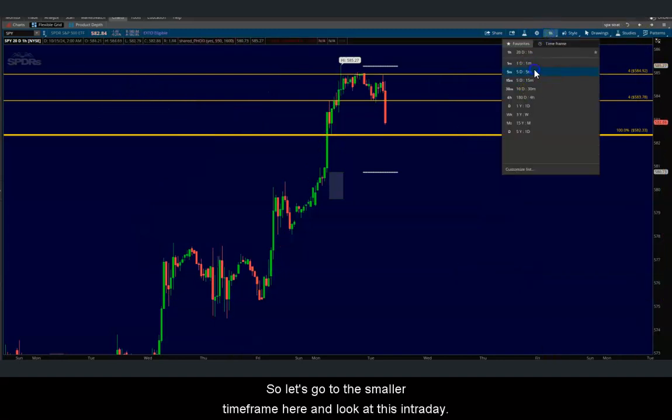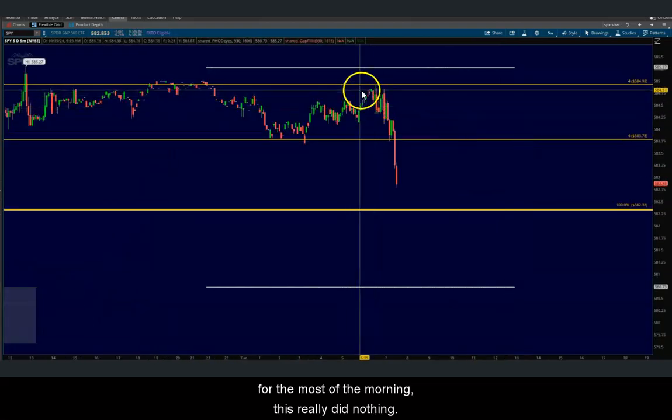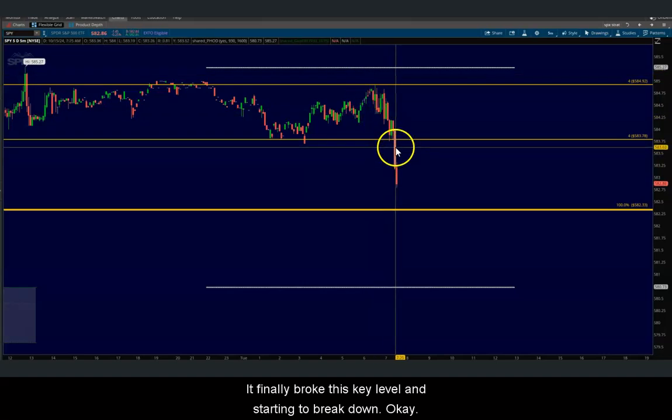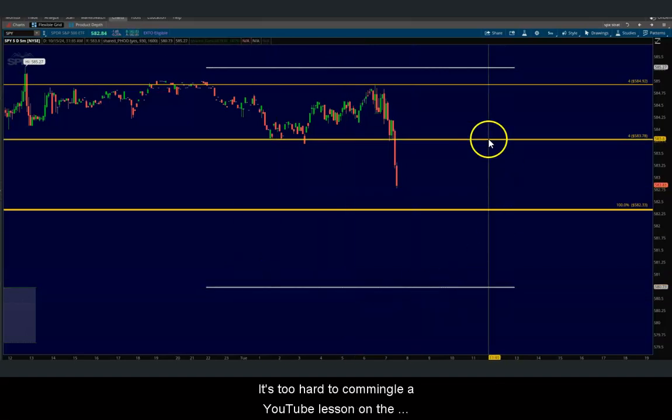Okay, so let's go to the smaller time frame here and look at this intraday. So for most of the morning, this really did nothing. It's not going to get momentum higher. It finally broke this key level and it's starting to break down. Okay, and I'll explain to you what these levels are in a second. It's too hard to